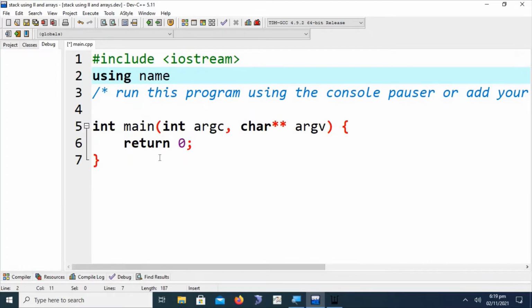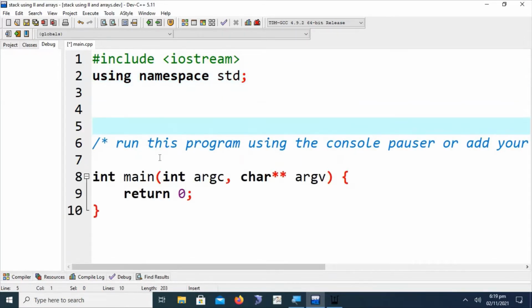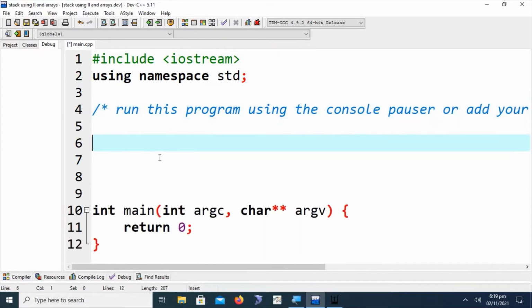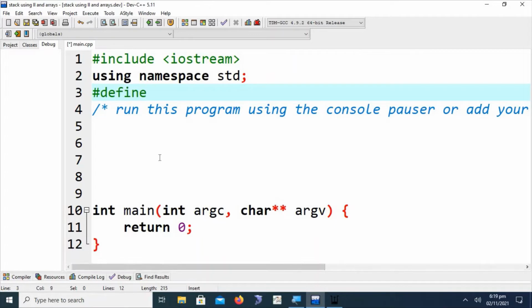We have to specify the namespace first of all: using namespace std. Here I am going to specify the max limit of the stack, that is the max limit of the array. We can define it here, or maybe as a constant.